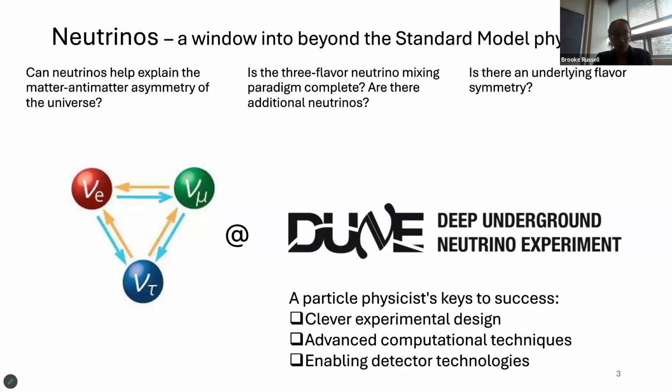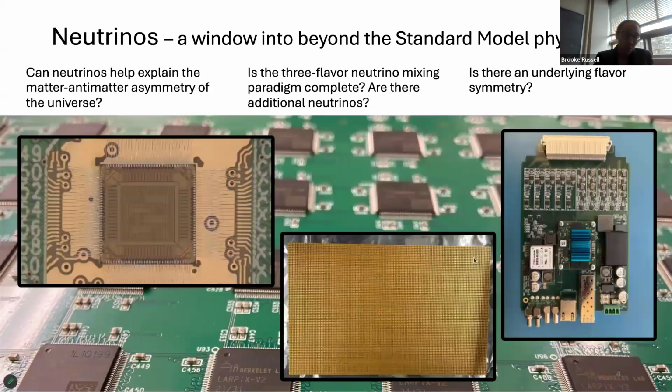So today, I'll tell you about my work on the Deep Underground Neutrino Experiment, or DUNE. What I do on DUNE is I develop and characterize a novel pixel technology. It's an end-to-end system, starting from bare ASICs as shown on the left. An ASIC is an application-specific integrated circuit, to large anode planes, which are tileable, a large printed circuit board, which features 10,000 individual channels at 3.8 millimeter pixel pitch, shown in the middle there.